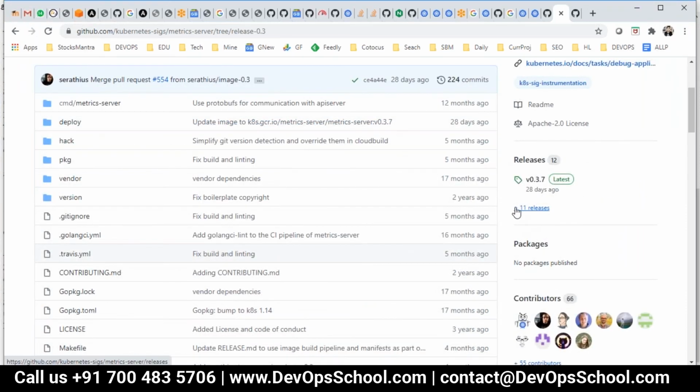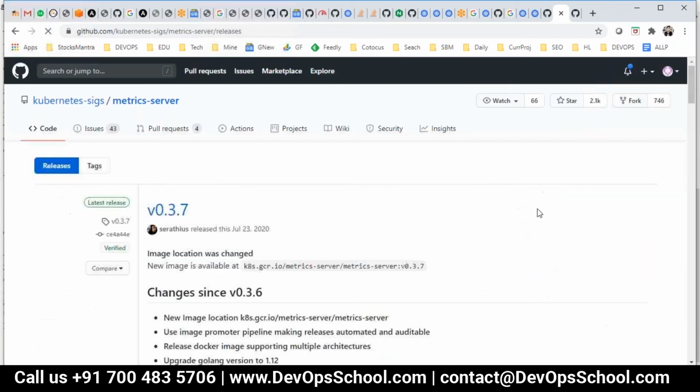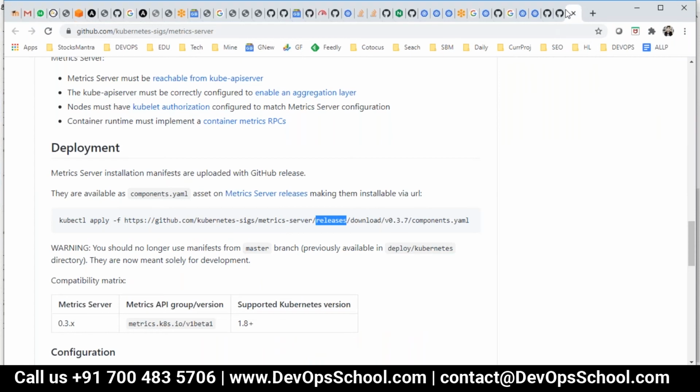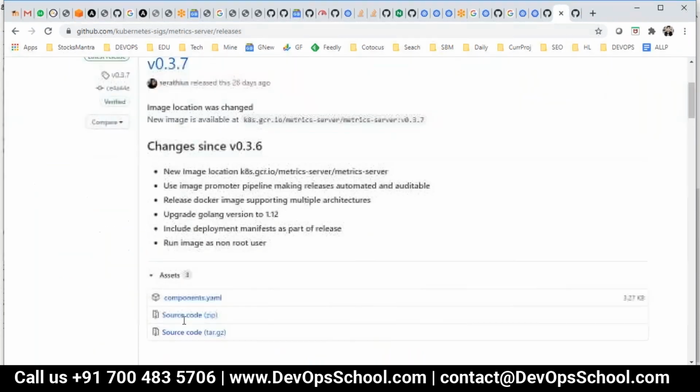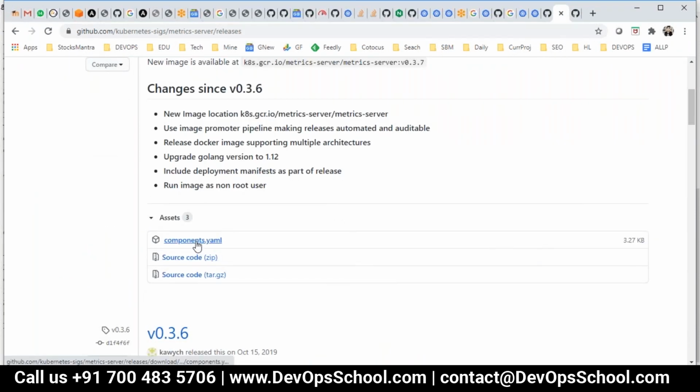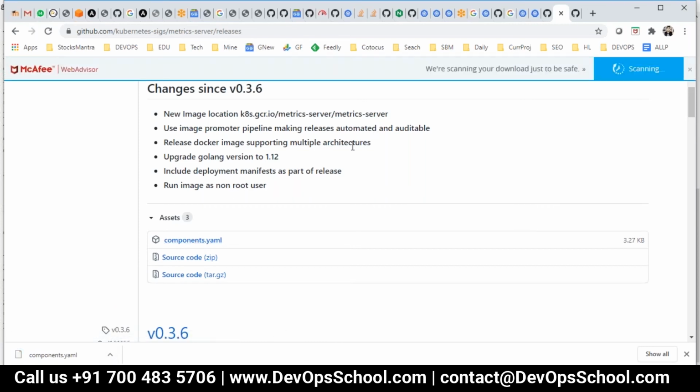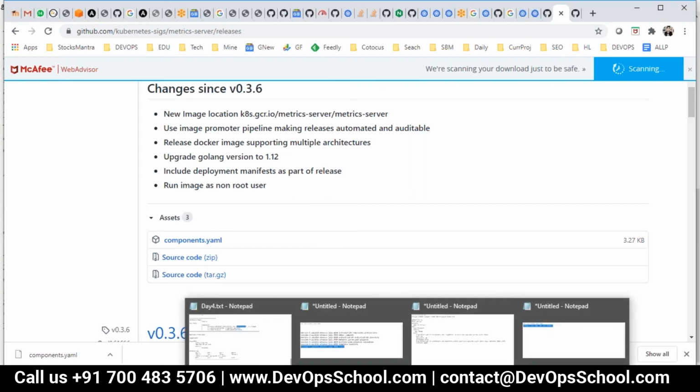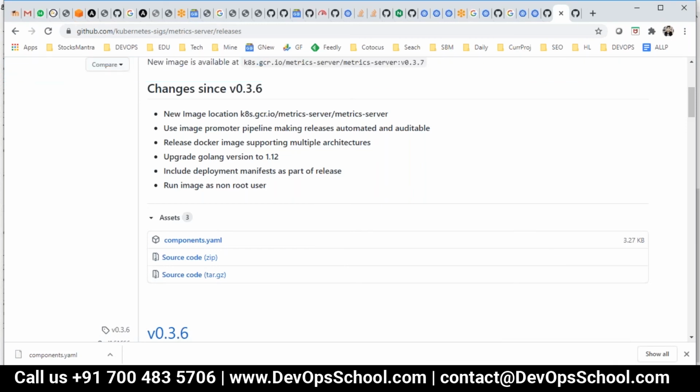So, it's here, release and download 0.37. Here it is. This is the one. Okay. Now you can download this one. So whenever the redirect happens, the curl will not give you that output.